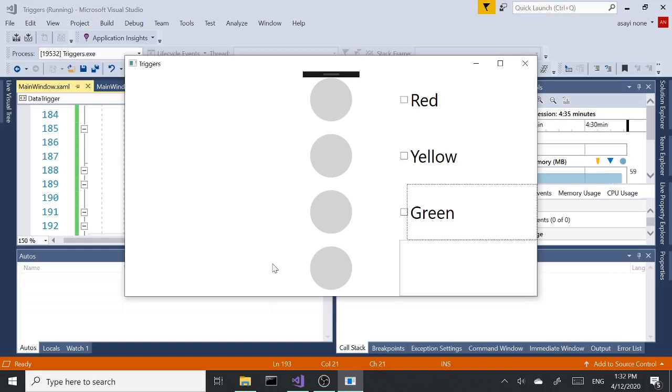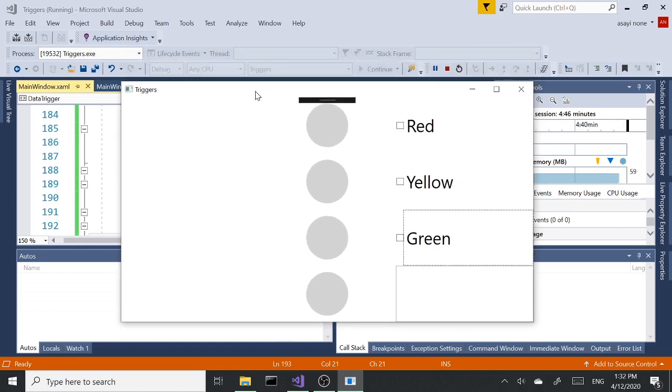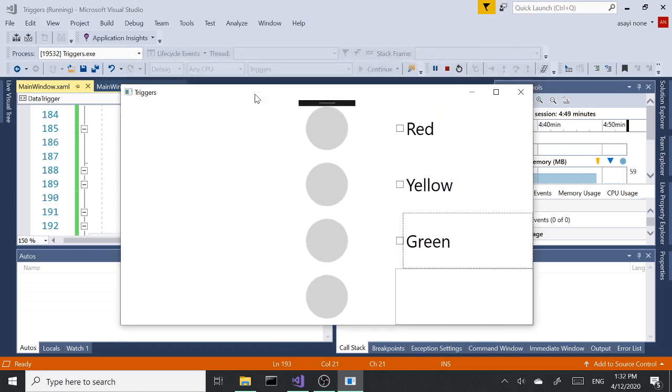So today I want to talk about triggers. Primarily it's going to be about property and data triggers. And as you probably know, triggers are a big part of styles. So with property triggers,